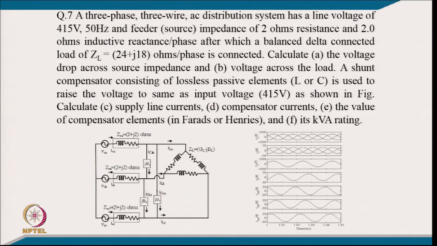Well, coming to the next problem, problem number 7. A 3-phase 3-wire AC distribution system has a line voltage of 415 volt, 50 hertz and feeder impedance of 2 ohm resistance and 2 ohm inductive reactance per phase, after which a balanced delta connected load of 24 plus j18 ohms per phase is connected. Calculate the voltage drop across the source impedance and the voltage across the load. If a shunt compensator consisting of a lossless passive element is used to raise the voltage to the same as the input voltage as shown in the figure, calculate the supply line current, compensator current, the value of the compensator element and its